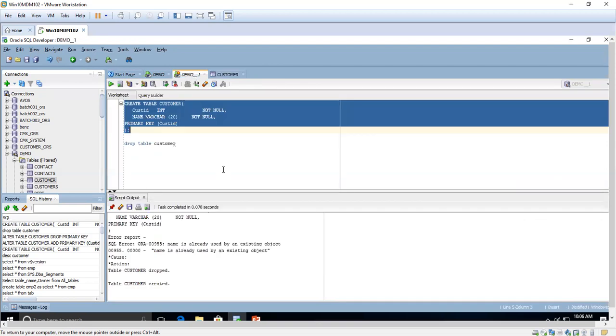Now we have created the table without primary key. How are we going to create the primary key after creating the table? Okay.